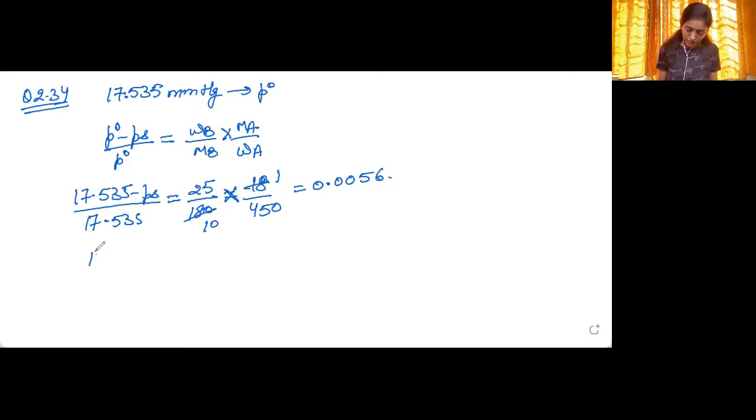Now I can just write 17.535 minus PS is equal to 0.0056 multiplied by 17.535. So it is coming out to be equal to 0.0974. So PS will be equal to